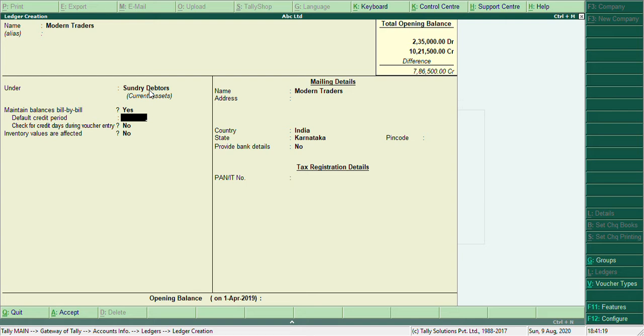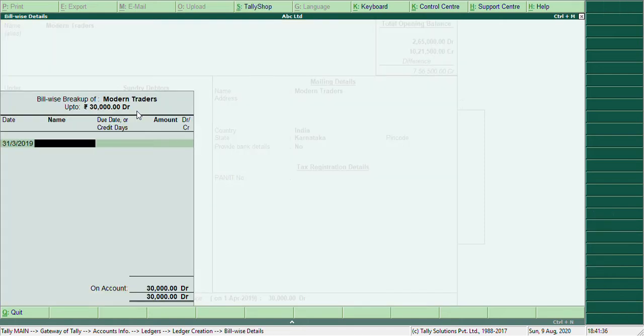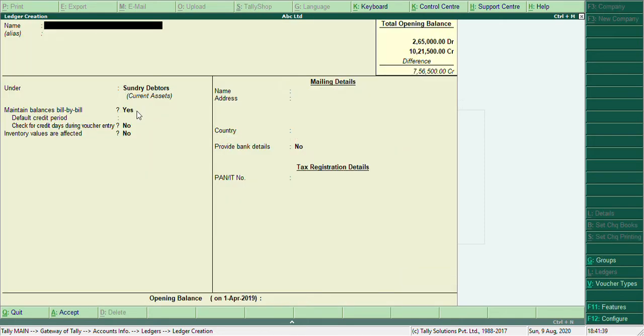For all the debtors and creditors, their bill-wise details will always be yes, so it will be easy for us to maintain their bill-wise details. 30,000, accept. Next ledger, Bearing and Pay. Again it's under debtors.